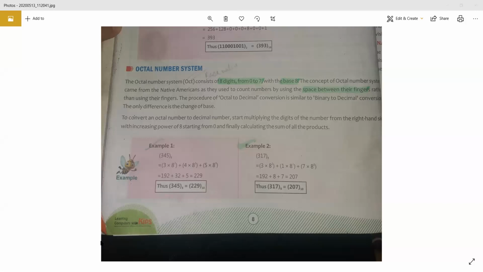All right, and whenever you are defining or solving any question, you have to mention the base of the number system. If you do not mention the base of the number system, your marks will be deducted. All right, but in MCQs you do not have to worry about that. But make sure that you know everything, like how many digits are there in one number system, what is the base of a particular number system, everything, right, beta? So this was converting an octal number into a decimal number, right? So next is